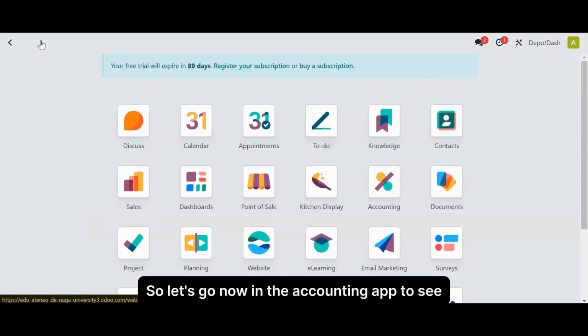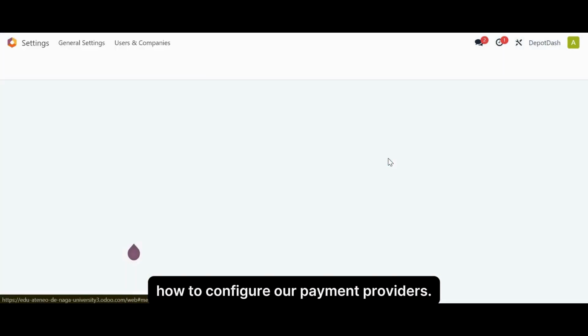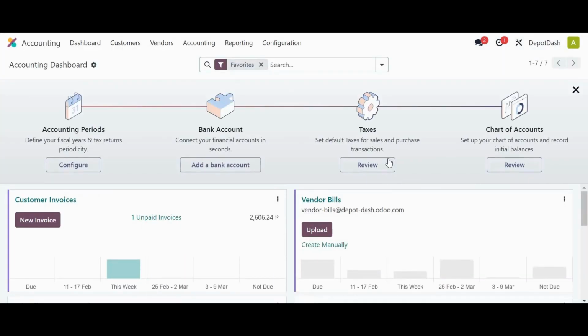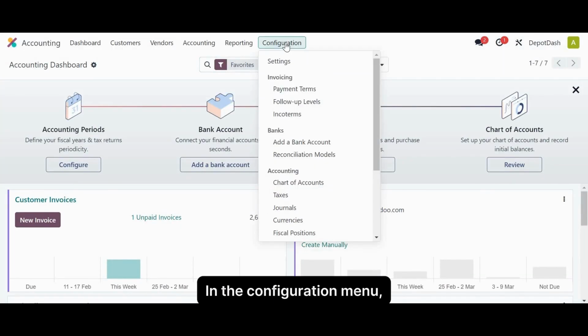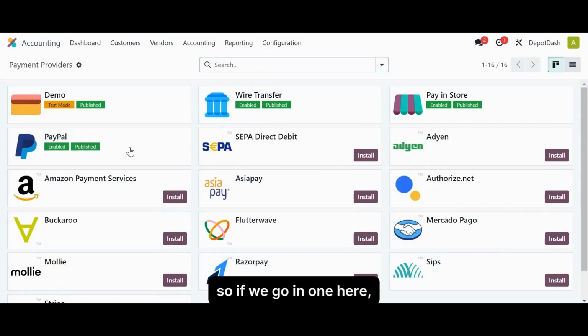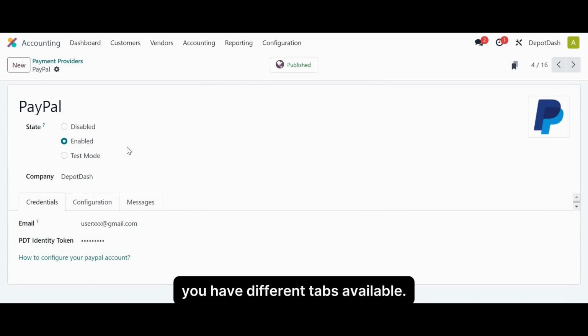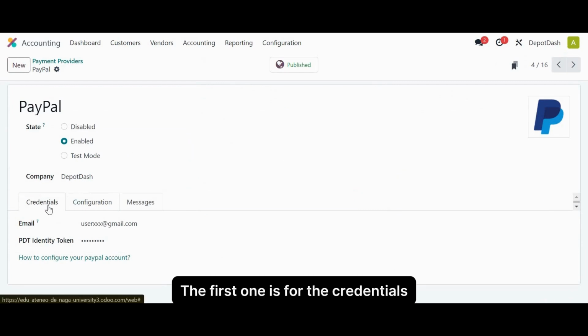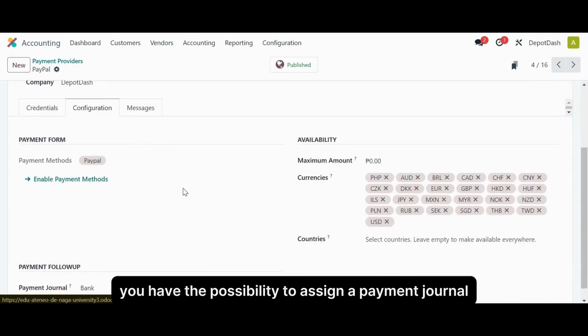So let's go now in the accounting app to see how to configure our payment providers. In the configuration menu, you will access all the payment providers available. So if we go in one here, you have different tabs available. The first one is for the credentials, and if we go in the configuration tab, you have the possibility to